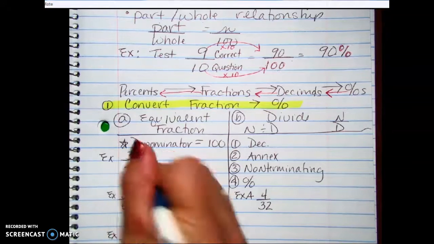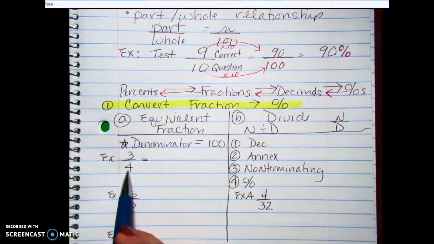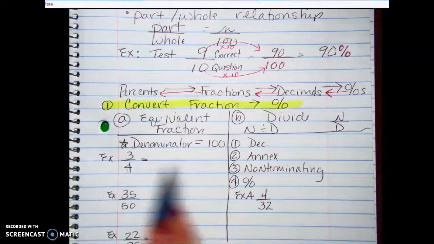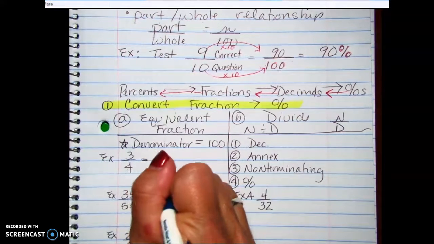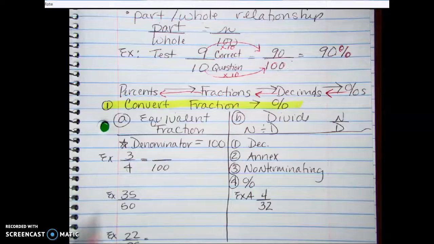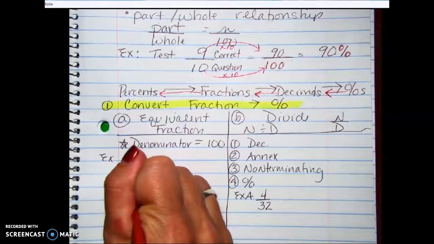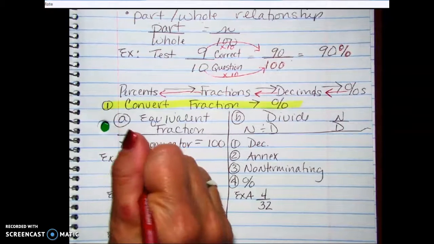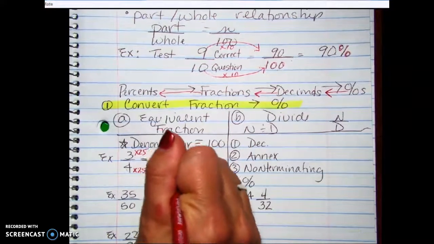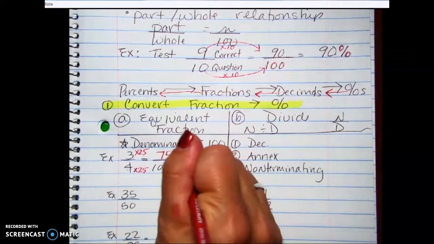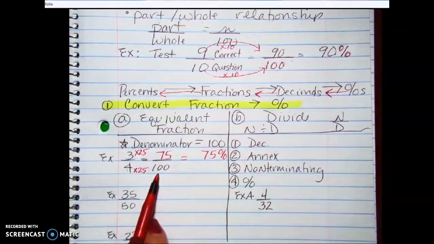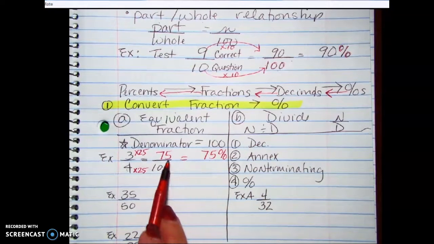So what I do is, if I see that I have 3/4 and this is supposed to be converted into a percentage, what I do is I look to see if this is a multiple of 100, which it is, because I could multiply 4 times 25 to get 100. Whatever I do to my denominator, I do to my numerator, and I end up with 75, which ends up equaling 75%. 75 hundredths, 75 per 100,